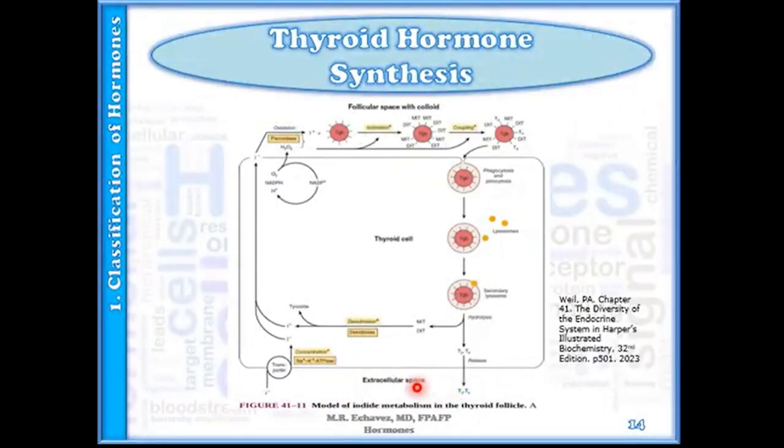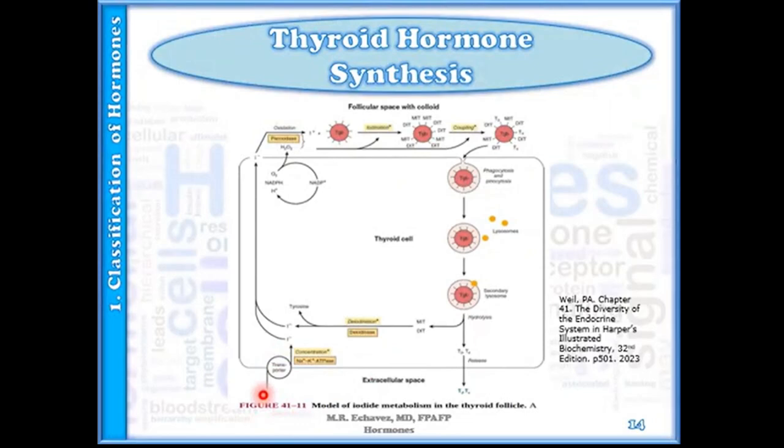Remember, your thyroid gland contains the highest concentration of iodine in the body. The first step, which is iodide trapping, is where iodide in the blood is pumped into your follicular cell with the help of your sodium iodide symporter powered by your sodium potassium ATPase. So it goes against a concentration gradient. That's why you need this sodium iodide symporter to be powered.